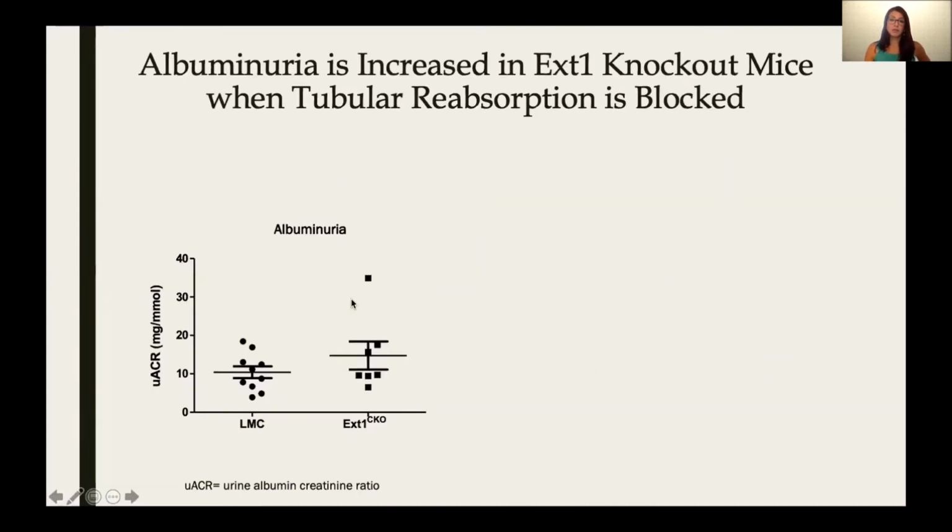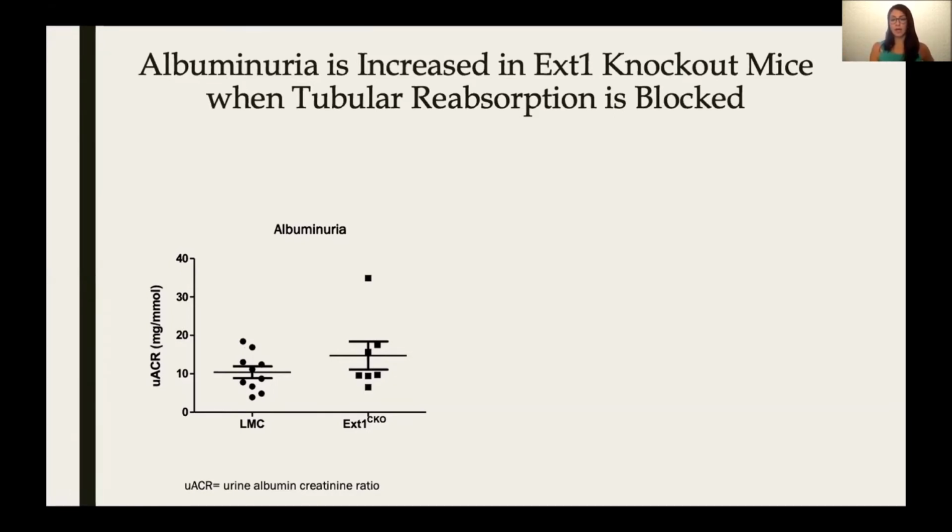I also looked at albuminuria in these mice, which is another readout of glomerular function. Surprisingly, we did not see a significant increase in the EXT1 knockout mice. So we thought about what might be going on here, and one of the things that regularly occurs is tubular reabsorption, and it's only when the system's overwhelmed by albumin that you start to see changes in albuminuria, such as in diabetic nephropathy. So the idea was that tubular reabsorption was masking small changes that occur in